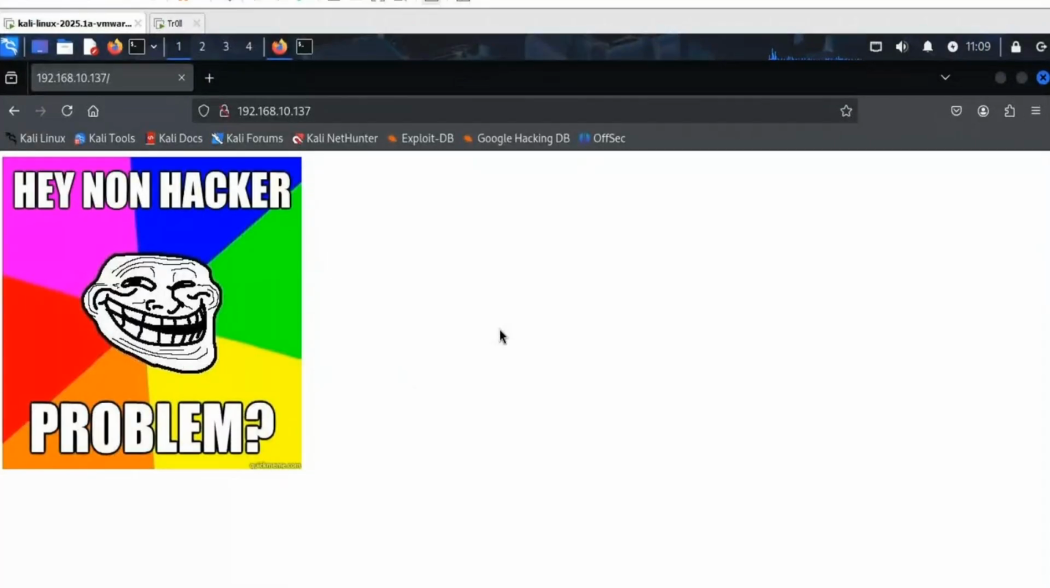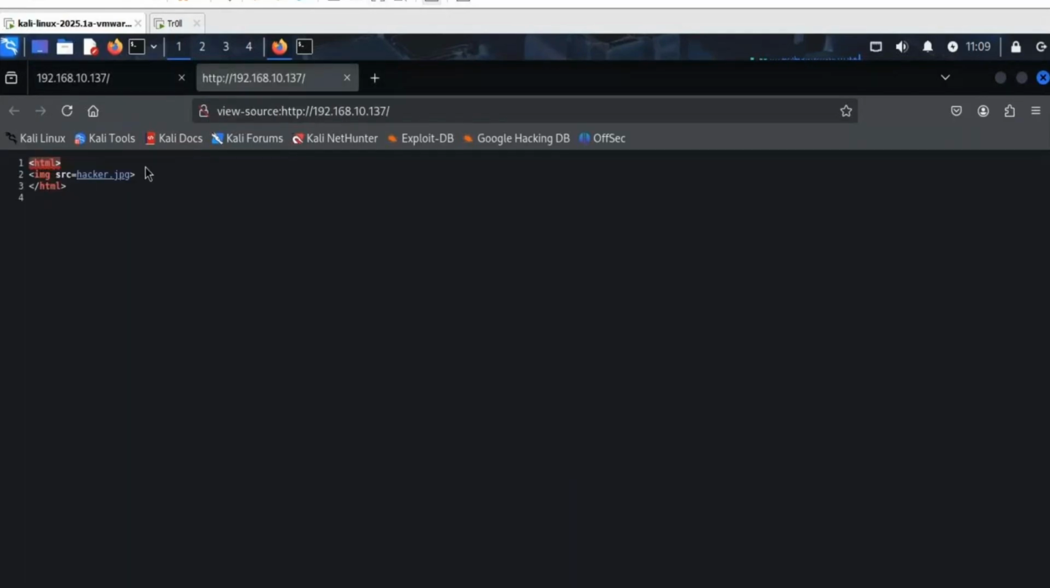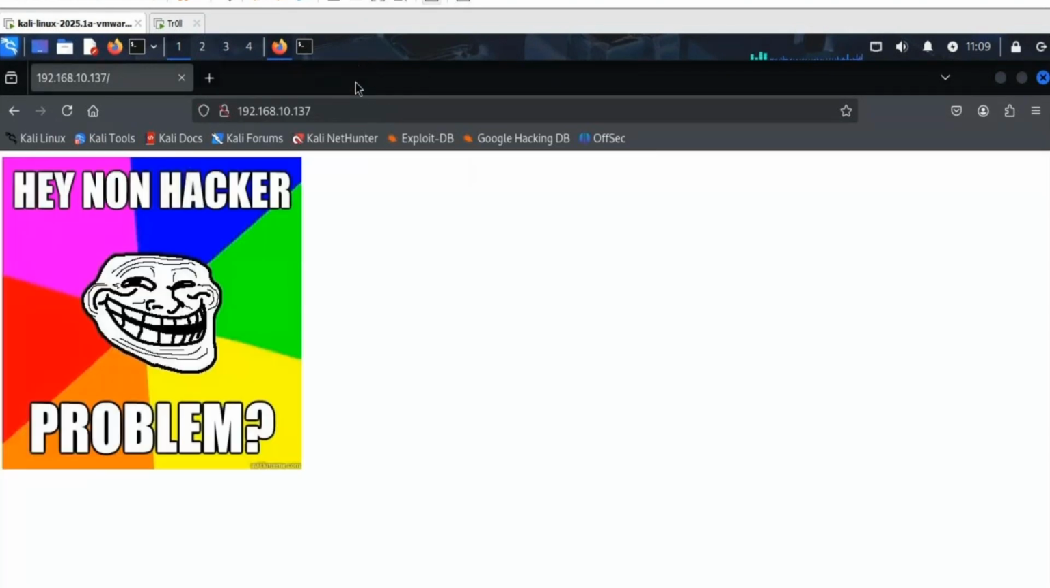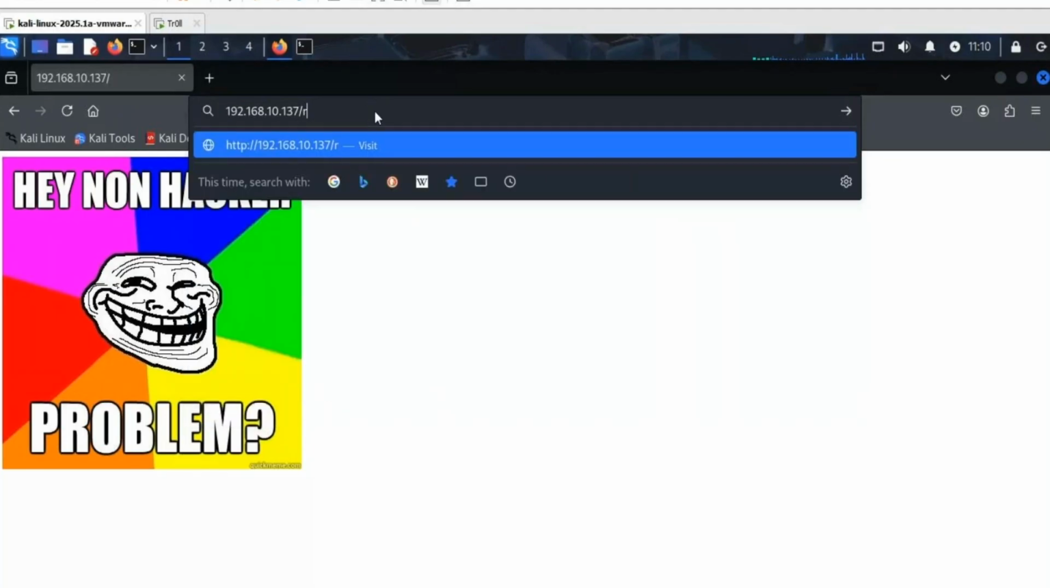So it happens that it will not give you anything, but you have to check every time what is there in the page, right? Now, if you're not getting anything here, you will right click, go to view page source. So here also we are getting nothing, but sometimes you get the information here also. Now, the last thing that you have to check is a place called robots.txt,